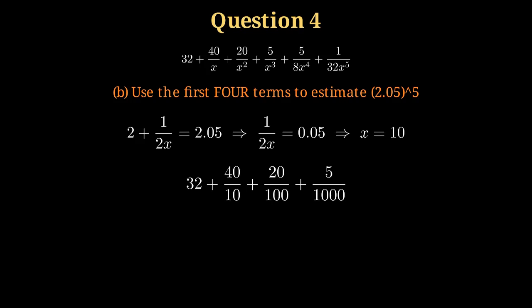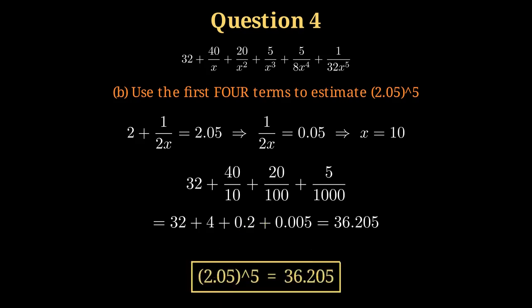We get 32 + 40/10 + 20/100 + 5/1000. That is 32 + 4 + 0.2 + 0.005, which adds up to 36.205. So 2.05 to the power 5 is approximately